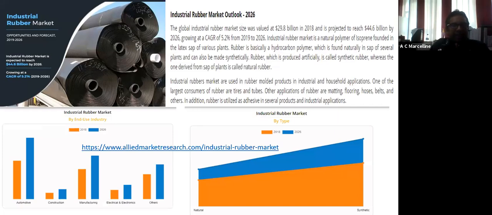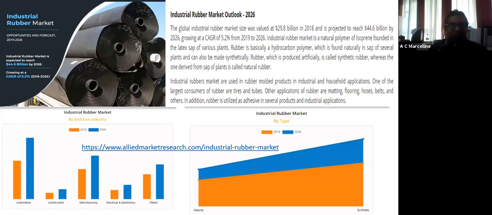You could see there is a huge demand, a huge growth in synthetic rubber. Okay, there's a huge growth in synthetic rubber, right? And why that huge growth? When you dig a little bit deeper, the huge growth in synthetic rubber is nothing but because of non-availability of natural rubber, because natural rubber is quite expensive. Natural rubber is expensive, but it's long lasting. So the synthetic rubber market is expanding exponentially faster than